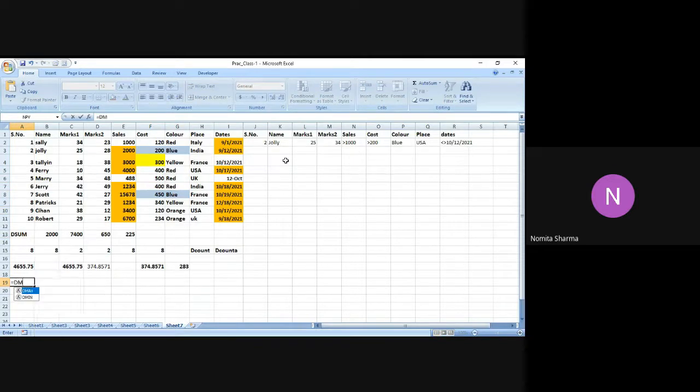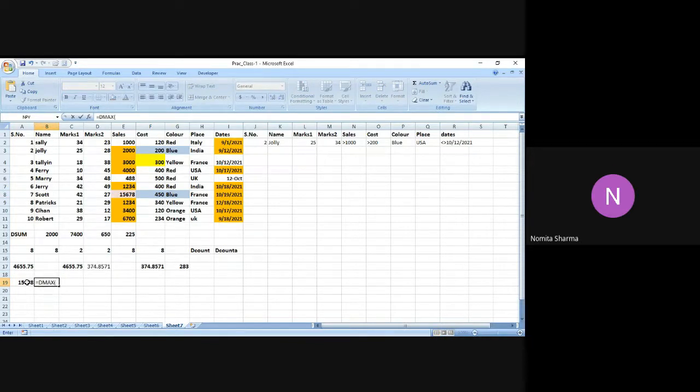The last is dmax, which is again very simple as we have been doing the functions dsum, daverage, dcount, and dcount_a. This one is going to give you the max value that is matching with the criteria. So I say sales and I select say cost, and then I close the brackets. I got 15678. Indeed, 15678 is the answer over here. Let me do it again just for the better understanding.